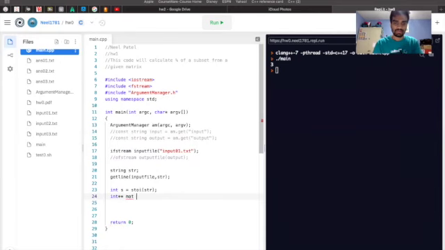So declare a matrix and we're going to set it equal to new int. That's going to be a size of s, which is going to be the number that we want it to be,